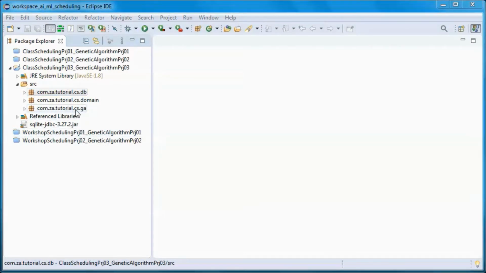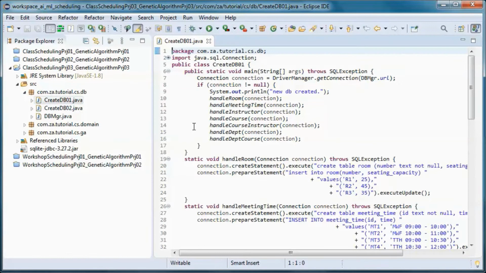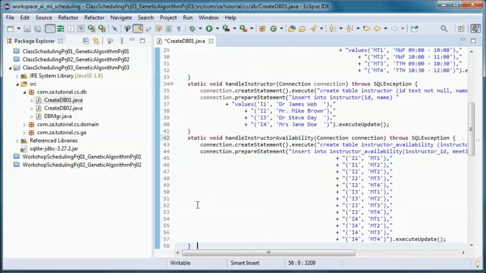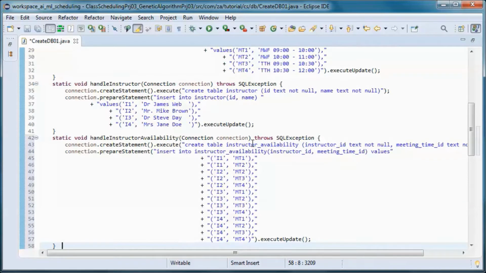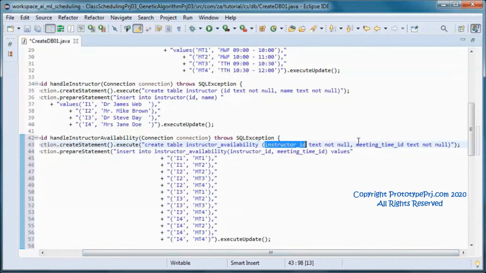So the naming here is based off class scheduling. So we will add an instructor availability table, which will have an instructor ID and a meeting time ID.